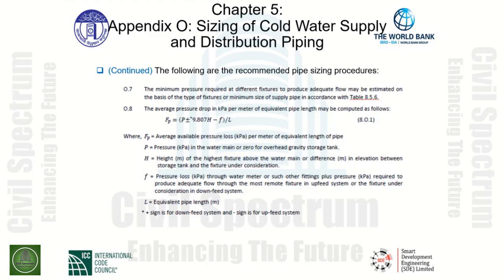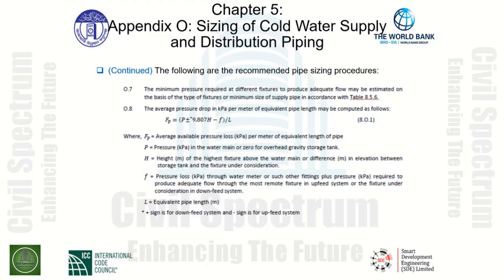The average pressure drop in kilopascals per meter of equivalent pipe length may be computed as follows. The equation gives us where F sub P is the average available pressure loss in kilopascals per meter of equivalent length of pipe,